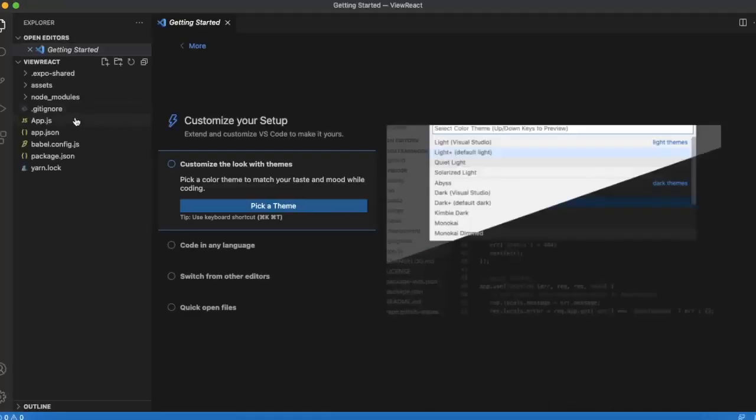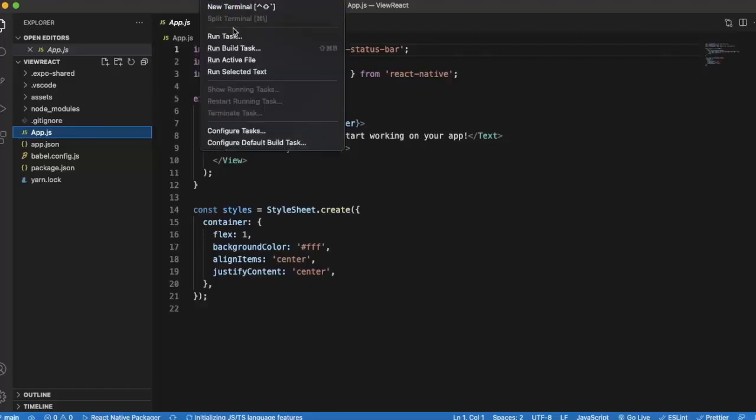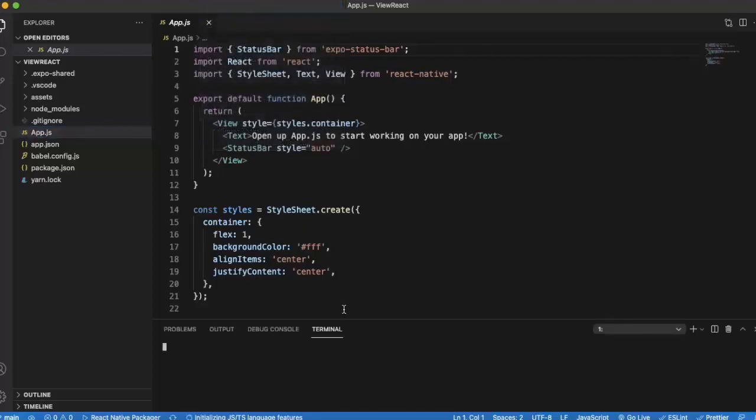As I said in our last video, App.js is the file that we will be working on. Let me just run this app first. To run this app, you simply need to write npm start.